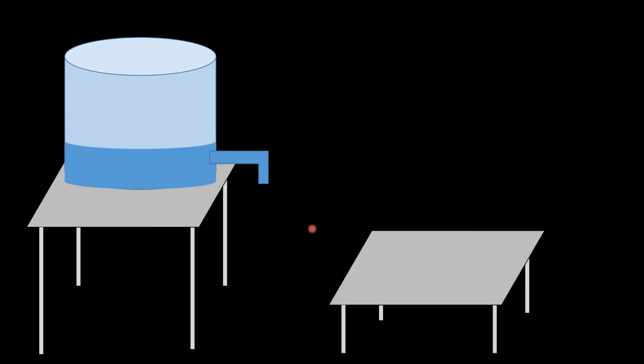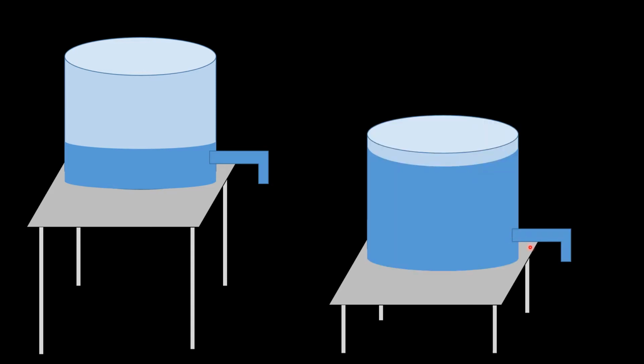Before we start with Ohm's law, let us try to understand the difference between two physical situations. In one case, we have a water tank kept at some height, and there is a faucet. If you connect a tube here and start the flow, we have some flow of water from this tube. And we can have another situation where the water tank is kept at less height, and here also we have a similar diameter and similar pipe attached to the tank.